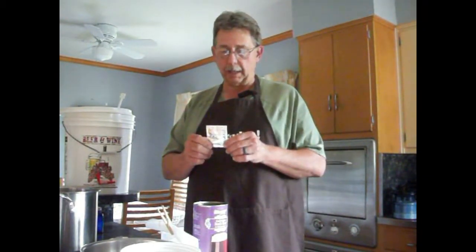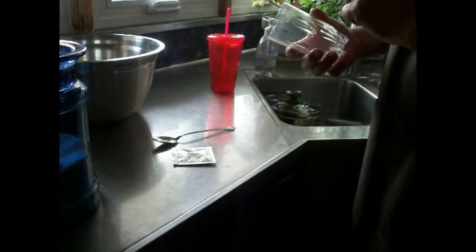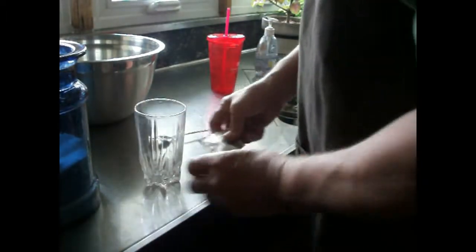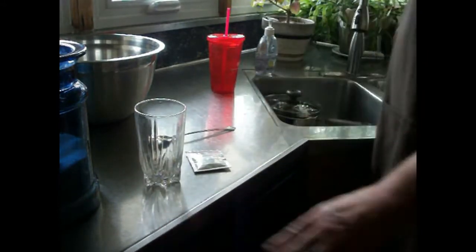First thing I like to do is get my starter yeast going. So basically I'm going to show you how to do that, and it goes like this right here. Okay, so what we've got here is just a 10 or 12 ounce glass. This is just going to act as part of the water that we're going to use. And we've got our yeast that came with the kit, and we're going to use some warm tap water, not